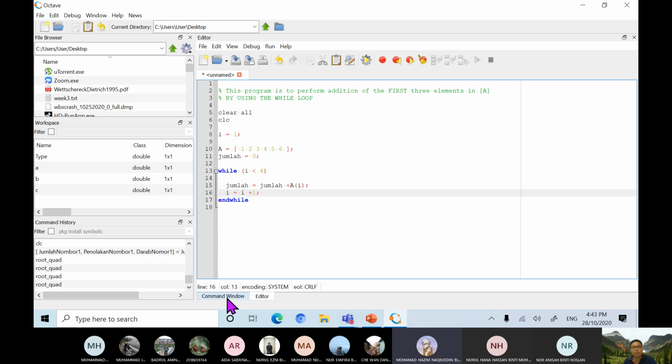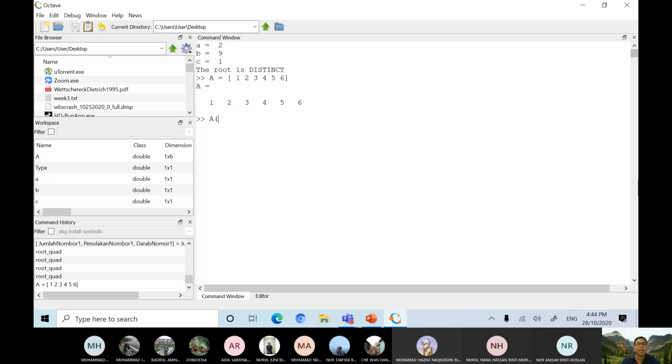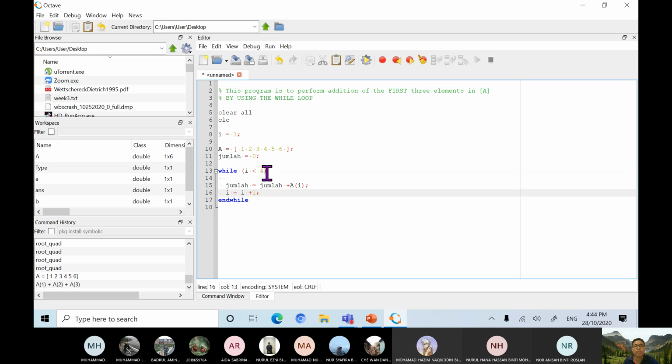Okay? So I have to do this in your command window. So let's say this one. If I want to add A1, I have to add like this. The first 3, then you get 6. So the element index will be started from 1, so that's why I have to put here, this is 1. So when I is less than 4, meaning that when 1 is less than 4,